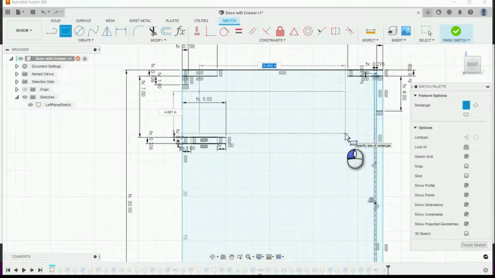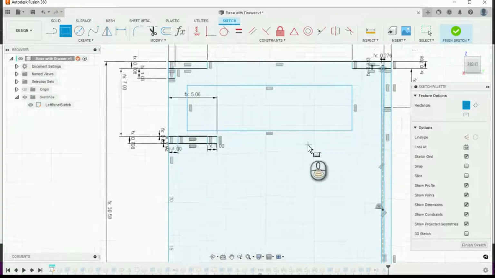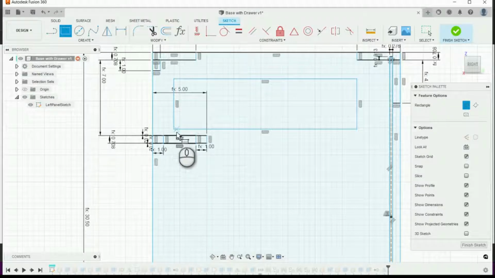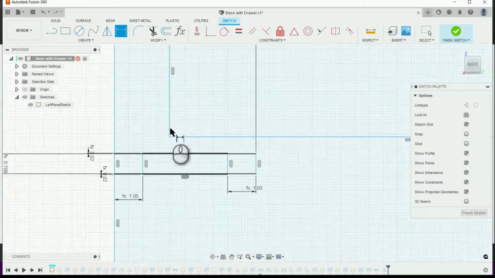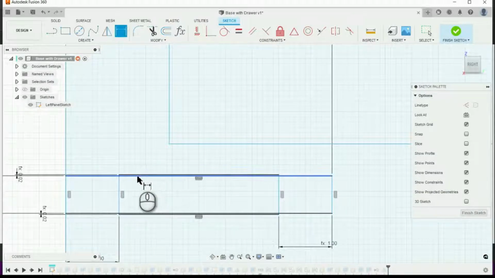As we are creating this, we don't want to have any constraint set at the time we are building this rectangle. So keep in mind not to try to get a constraint anywhere right now. So I'm going to set over here this dimension, which is going to be from the drawer division,